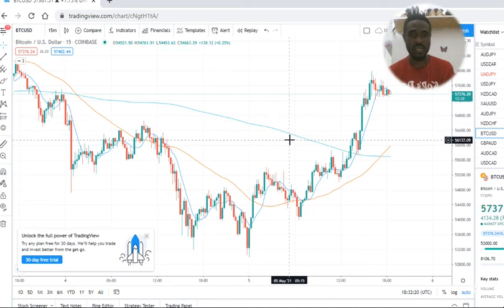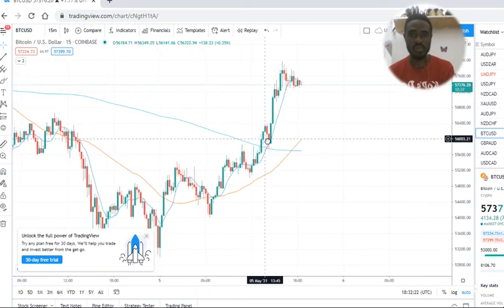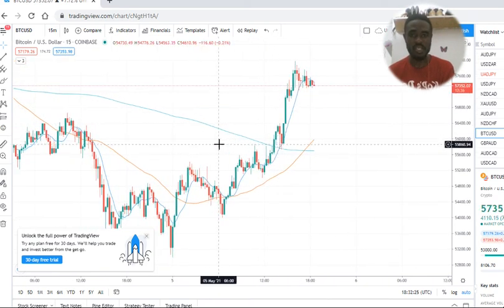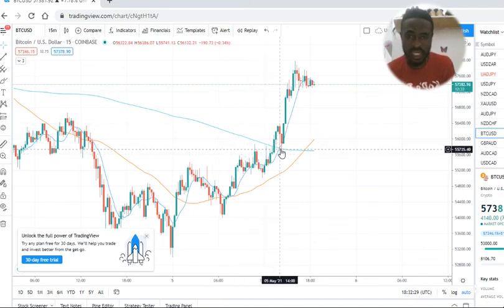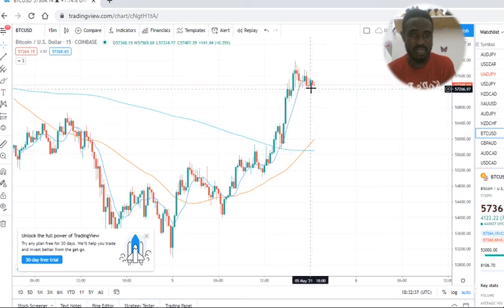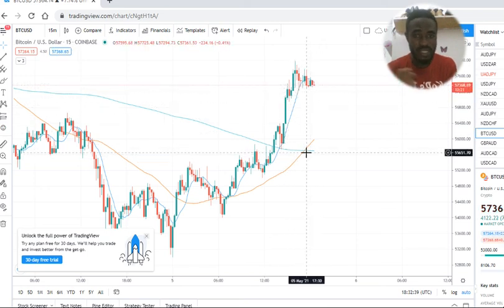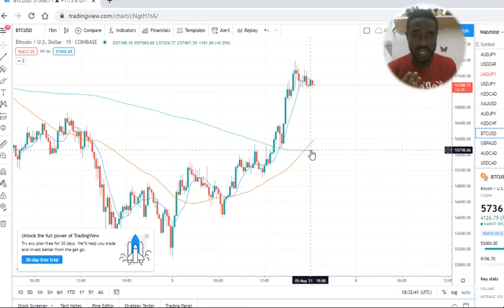Take a look at Bitcoin. It's very clear here that Bitcoin will be buying, keep buying. So actually it is buying. Why? Because it came here, and when it was cutting across this line here, it was at this point. So many buyers who were wise, they just bought Bitcoin, and this is why it is moving upward. The buy is not even there, because actually right now it is going to back